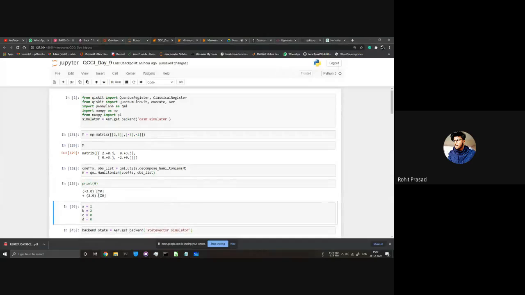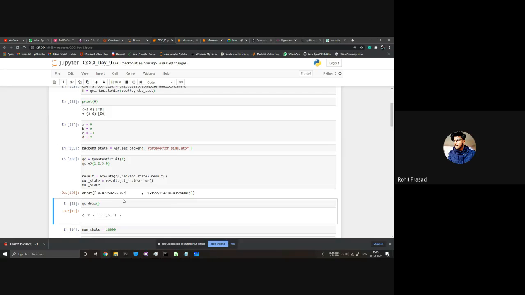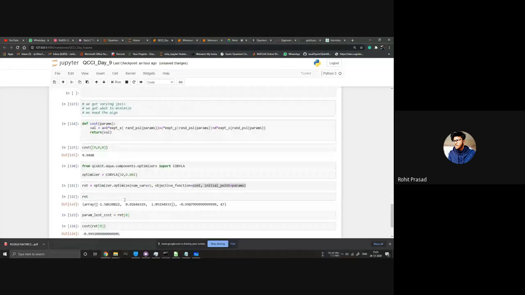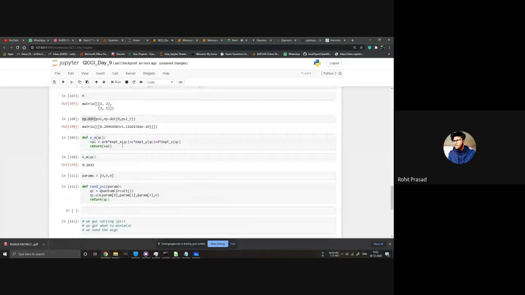Yeah. So we got minus 3j. So our a is 0, b is 0. This one is minus 3. z is 0. That is, z is 2, right? From here you can also define a function that gives you this abcd. Okay, it's not that. Let's get to where our function is defined. So this is our function.